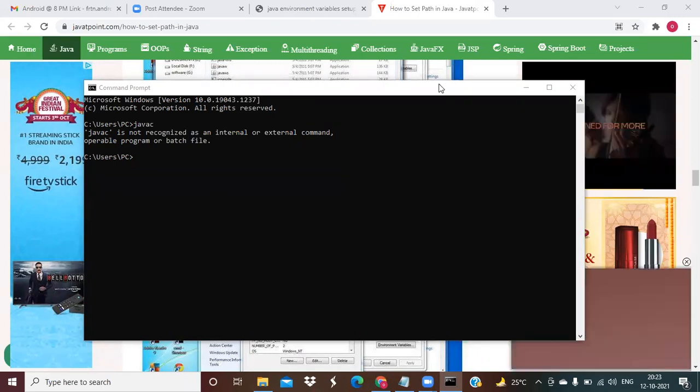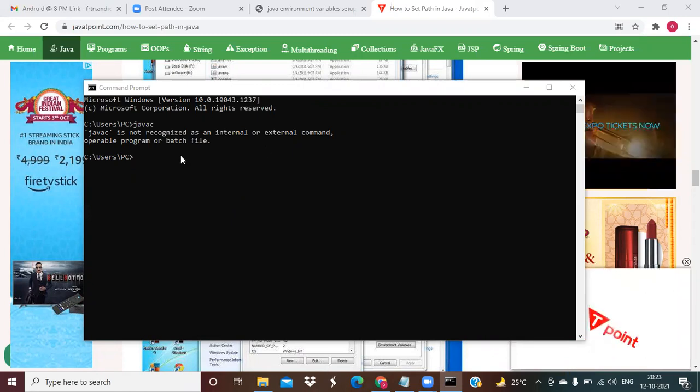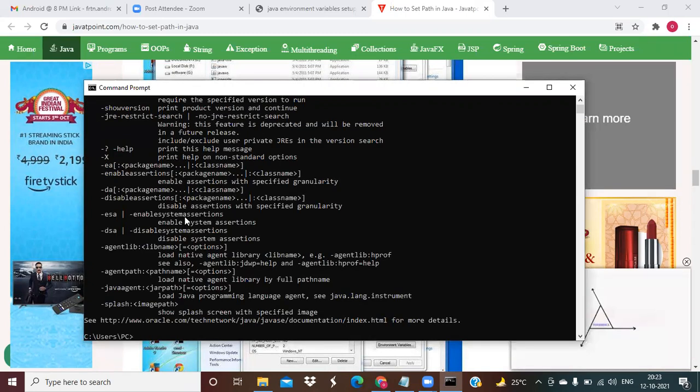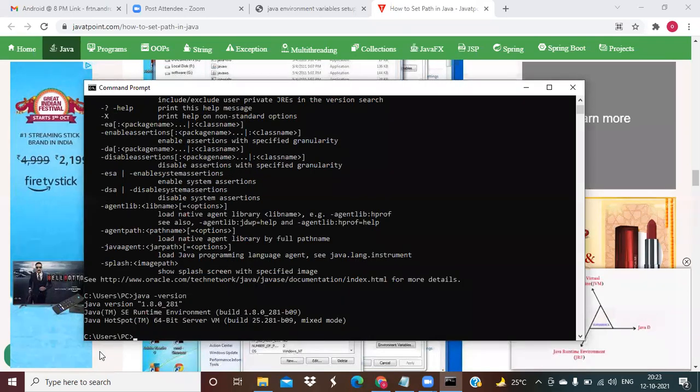Okay. So I didn't install javac, so I got this, and I'm searching for java, which is JRE. JRE is already installed. I got something. Okay, which version of Java I have installed? That I am searching with java -version. Java Runtime Environment with 1.8. Like this, you can check.